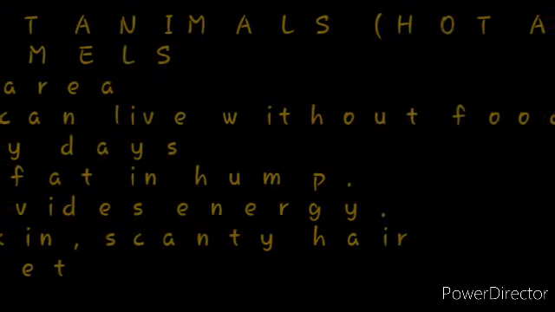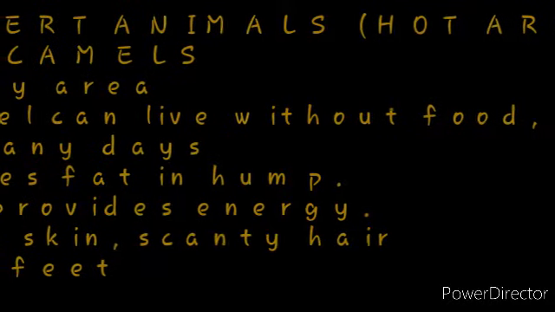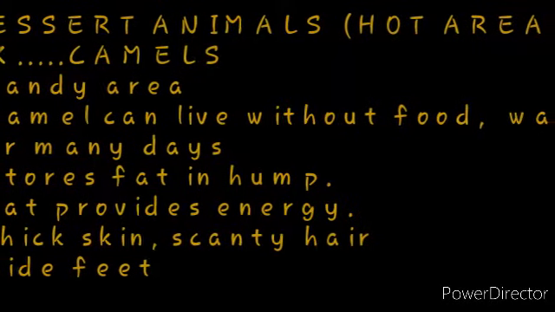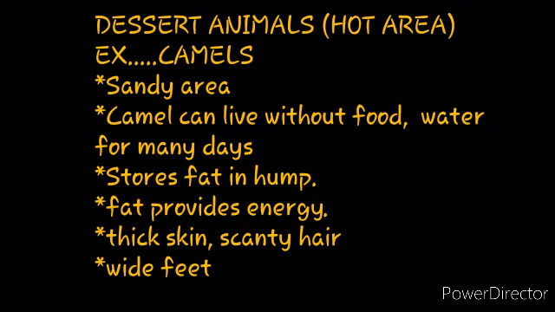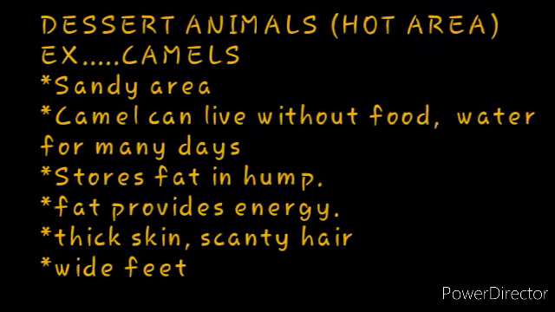Now, let us learn how terrestrial animals survive in places such as deserts and polar regions where the climate is extremely harsh. Deserts. There are some areas on land that are extremely hot during the day and extremely cold during the night. These areas are called deserts. We find very little food and water in deserts. Most animals would not be able to survive in such extreme climatic conditions, but camels are able to adapt themselves to live in the desert.